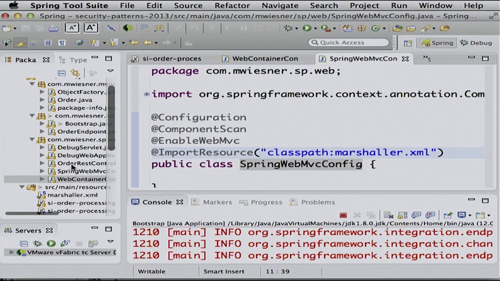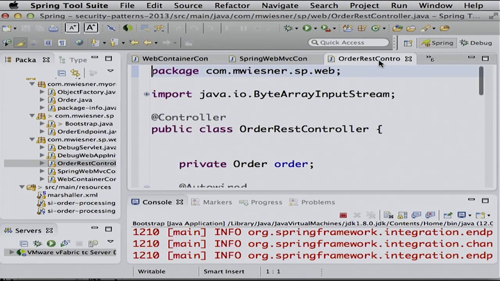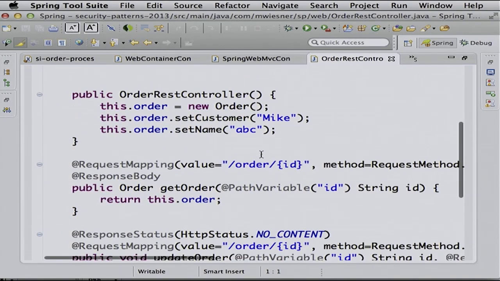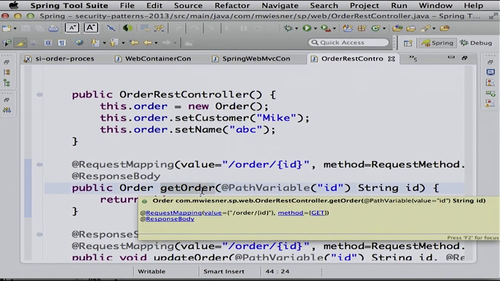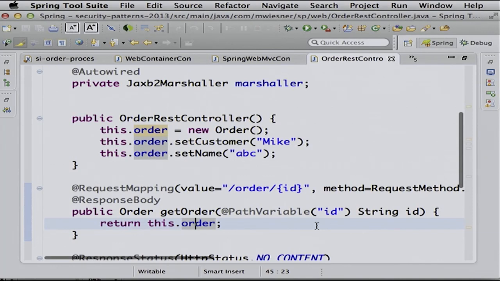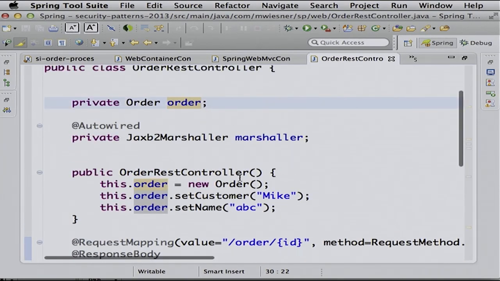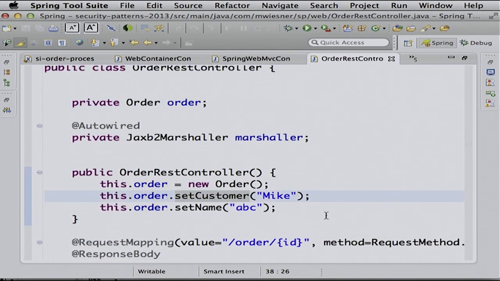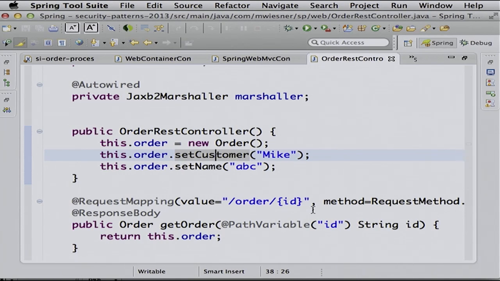That's it, basically. And then we have our REST controller. And that REST controller has a method where we can get orders. So we map it to order and some ID, and then we retrieve an order. In my example, I don't have any database or anything else. Just to keep it simple, we just have an object in that controller, and that is our order object. We initialize it with some test data, and that is what is returned, and that's it. Just to keep it simple, because I don't want to tell you how to implement that stuff. I want to tell you how to break it.